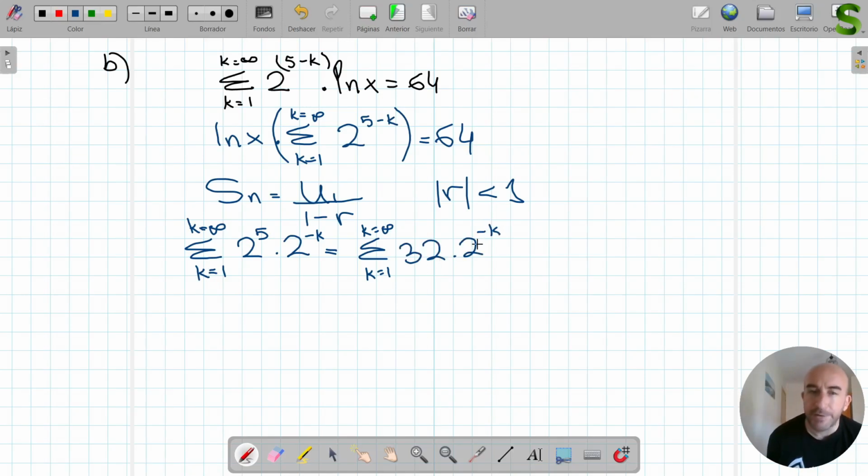And again, 32 doesn't depend on k, so we can extract it from the sum. Okay, and this over here can be written now